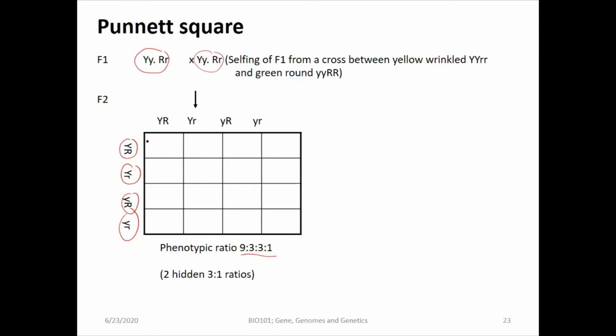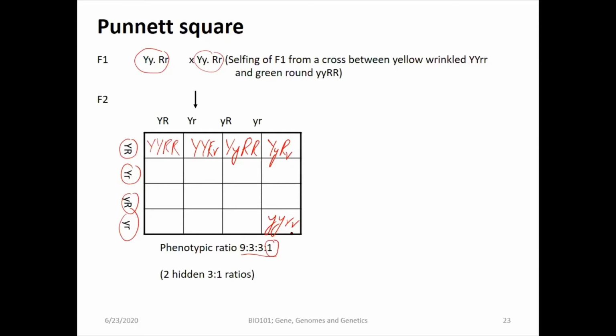For example, this one will give you capital Y, capital Y, capital R, capital R, capital Y, capital Y, capital R, small r, capital Y, small y, capital R, capital R, capital Y, small y, capital R, small r. And when you go all the way solving here, you will say, okay, small y, capital R, and this one is homozygous recessive,